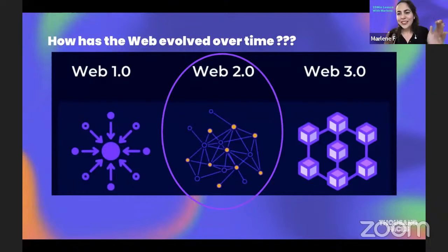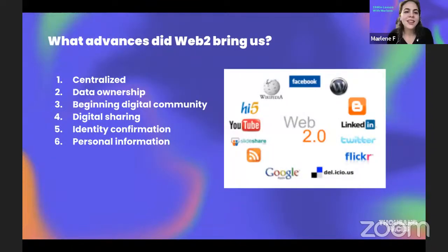We cannot go through Web 1, Web 2, and Web 3 in detail, so I will just briefly go over Web 2. Web 2 is still, as I said, sharing between two users, but there's a centralized system in between. There are centralized systems that are connecting users, for example, different platforms. To communicate, to pay someone, to have businesses, you have to go through certain platforms. And this is why we call this more of a centralized system.